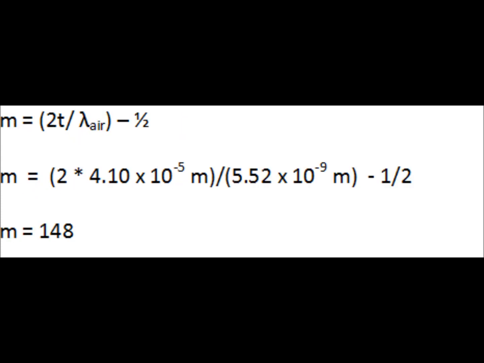So using this expression, we can actually calculate the number of m's we need. Since we know that the thickness of the air wedge at its thickest point is the same as the width of the paper, we can use that as t. And we're also given the wavelength of green light, and we're going to convert it to meters, 5.52 times 10 to the minus 7th. And we get a value of m of 148. But this is not our answer, because the first band of constructive interference occurred when m was equal to 0. The total number of bright bands we're going to see is actually 149.